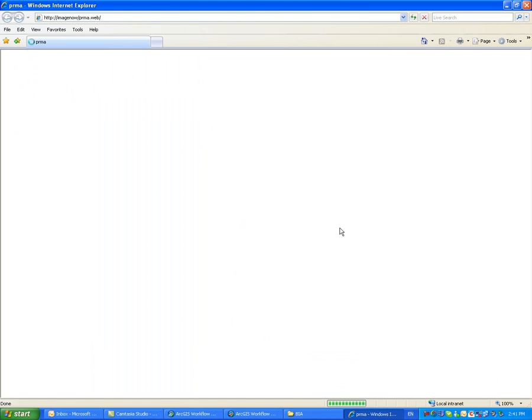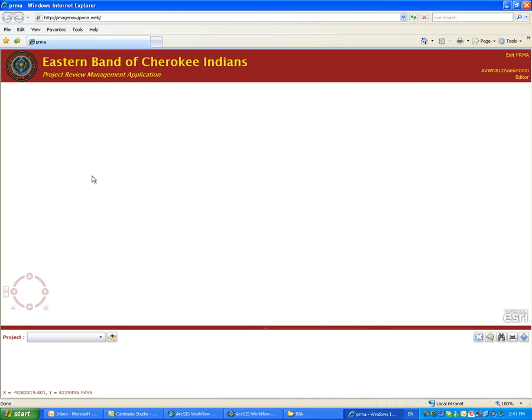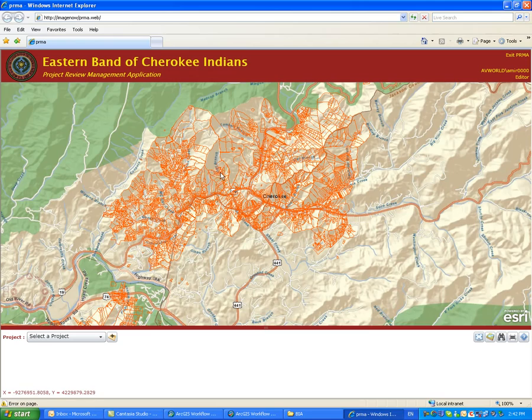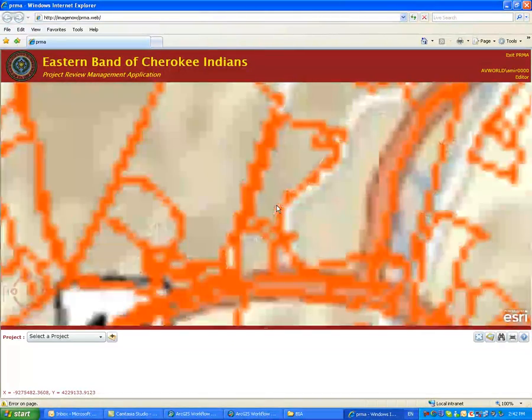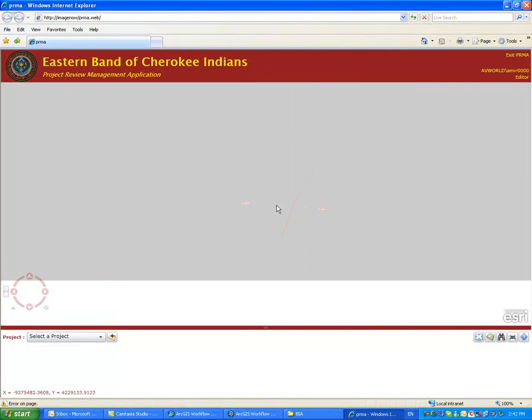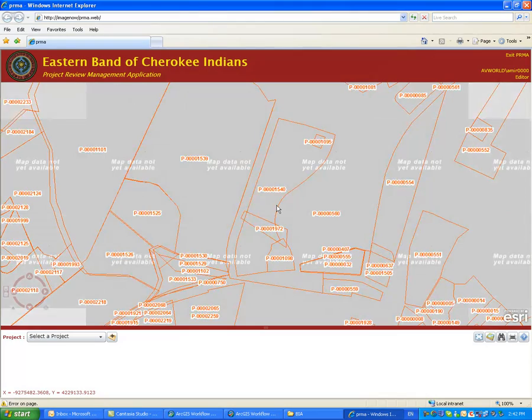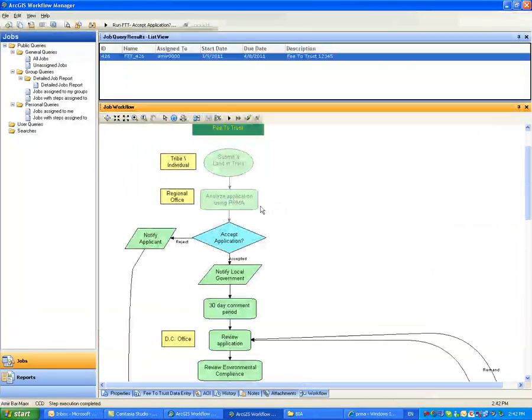When in this step, another system is being launched, the PRIMA system, and if you have privileges to enter the system, you can possibly do more analysis in that area using the tools that are here and the documents that support this system. So I will not do that now, but this is a possibility. I'll return to the workflow here, and we can move to the next step, which is to accept the application,